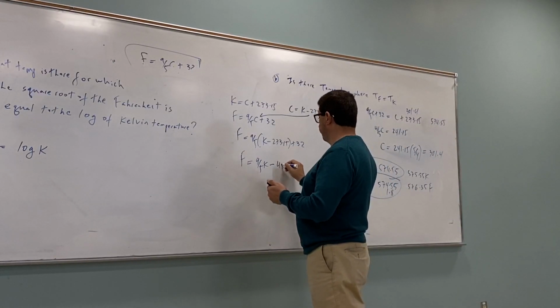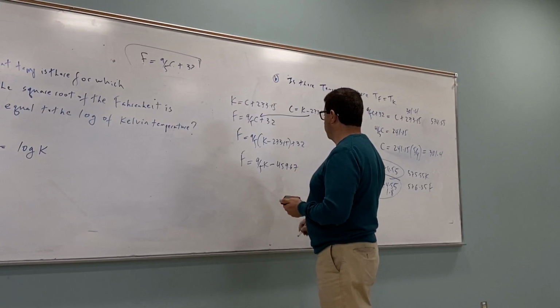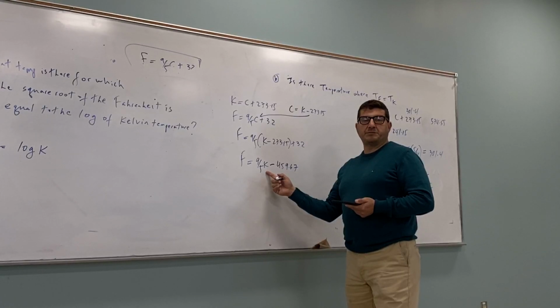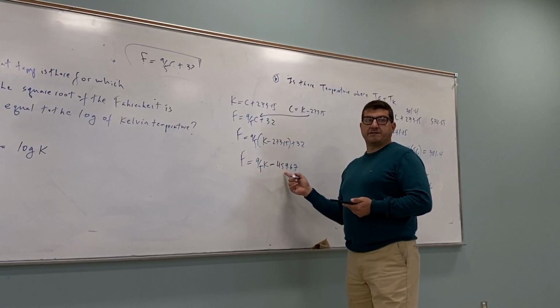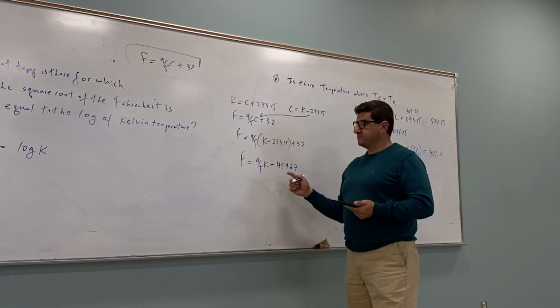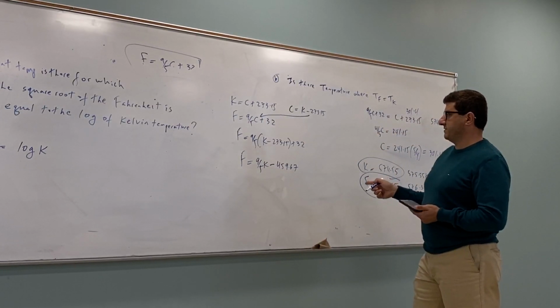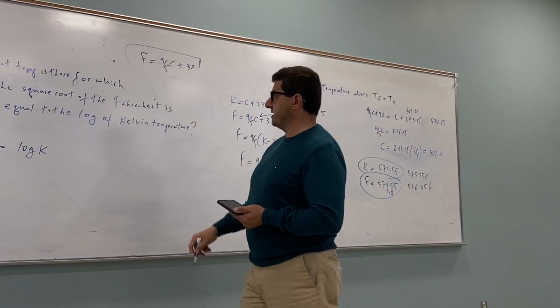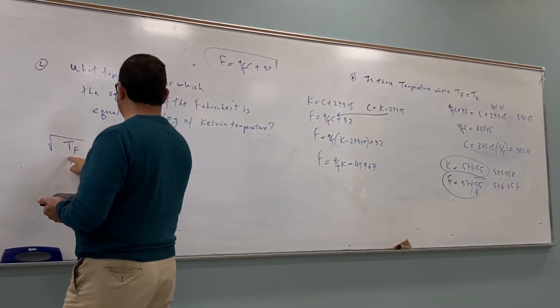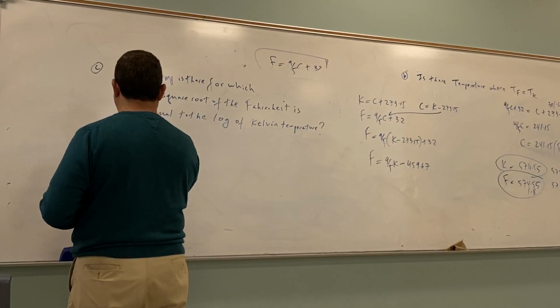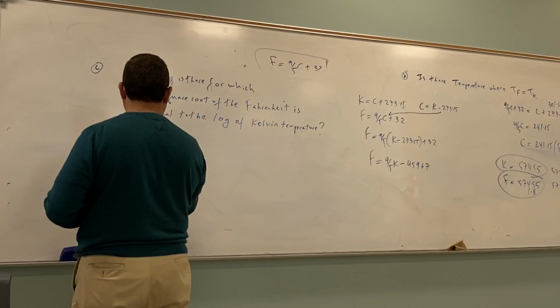Negative 459.67. Oh, that makes sense because when you're at 0 Kelvin, remember the absolute zero, you are at negative 459 Fahrenheit. Yeah, that makes sense. So that's a straight up conversion between Fahrenheit and Kelvin. Now, if the question asks something like that, we have temperature, square root of the Fahrenheit temperature is log of Kelvin, so square root of 9/5 Kelvin minus